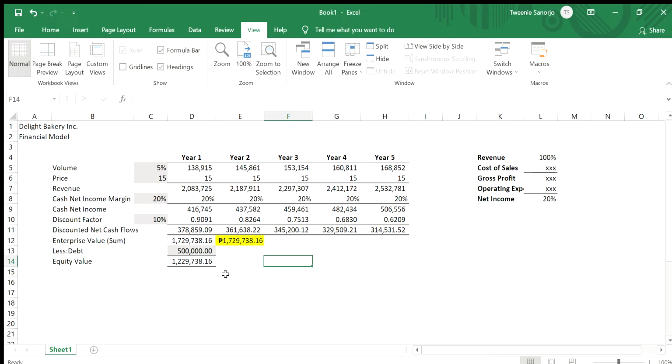Let's start. So, Delight Bakery Incorporated, of course, is the sample company for which we will build the financial model. And Delight Bakery Incorporated needs information related to their future sales. It says here that the company has 5% growth in terms of the number of pandesal being sold